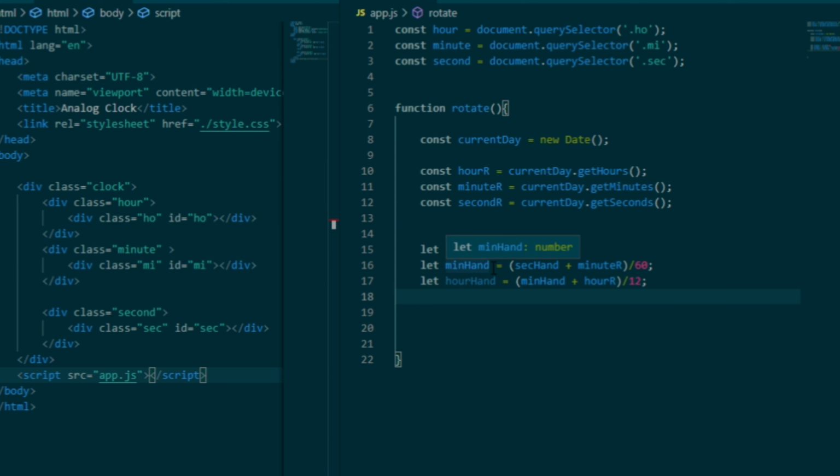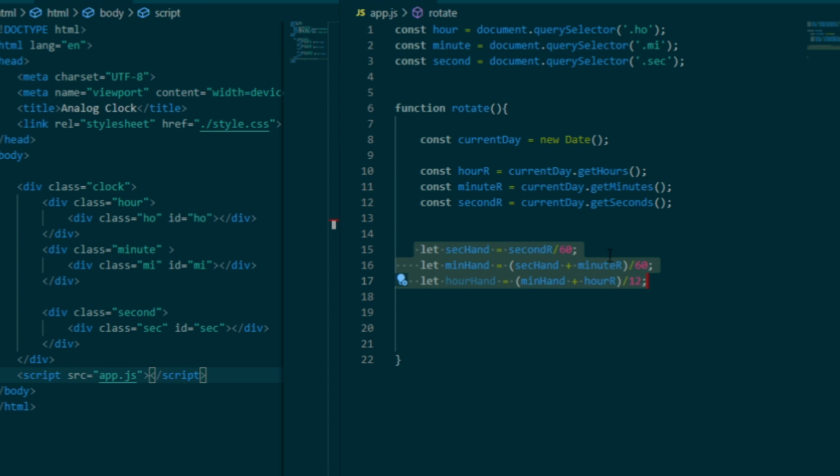Similarly for minute, we are declaring these to know on what fraction we need to rotate those hands of the analog clock.